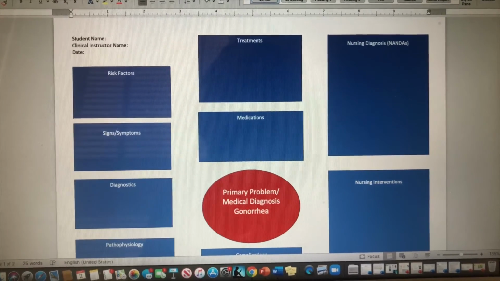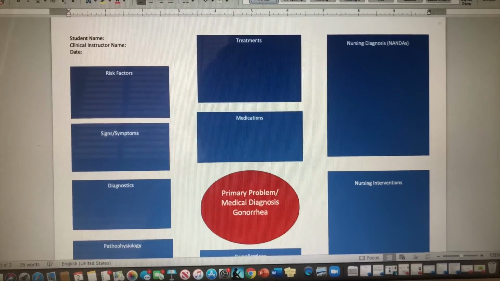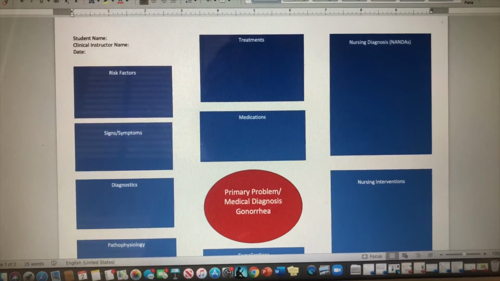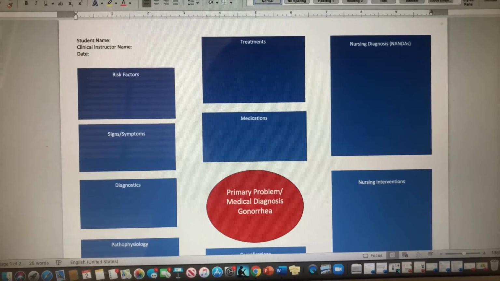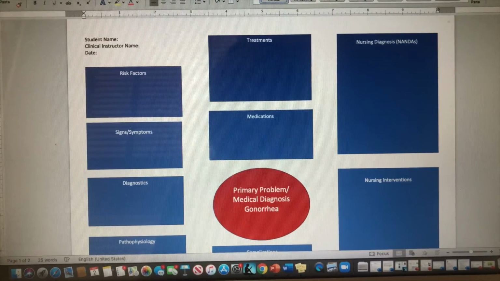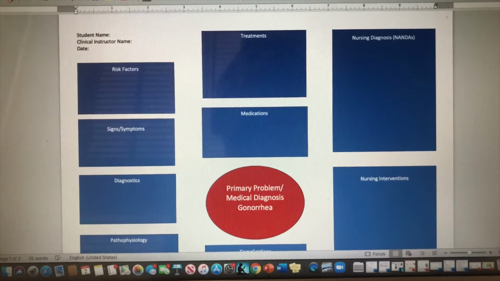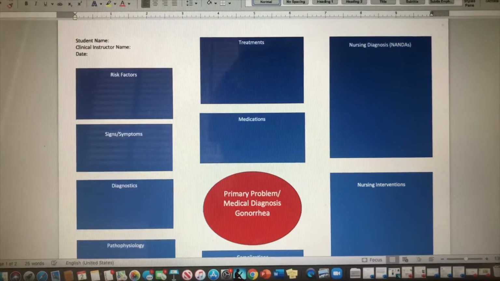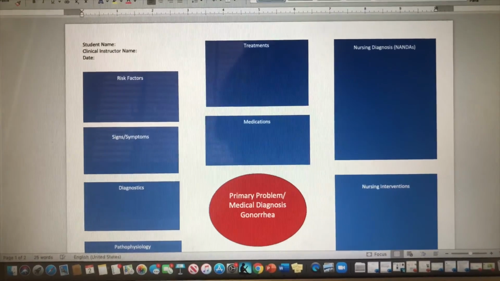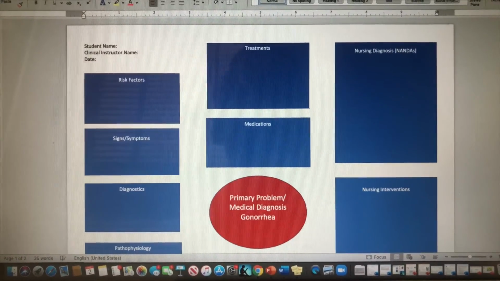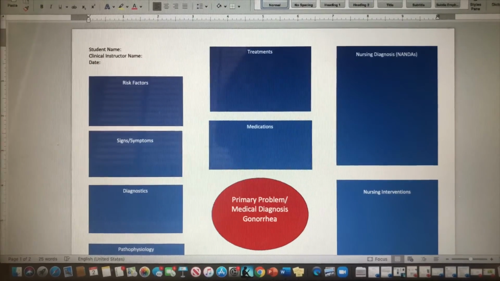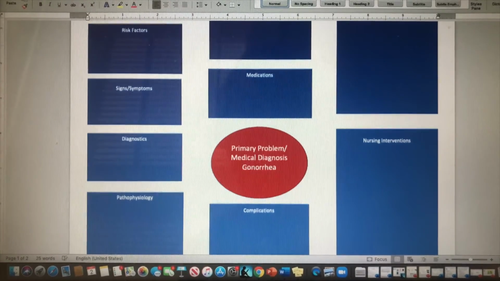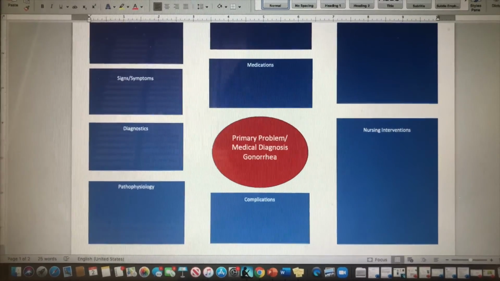So my professor wants me to know the patho, what are some risk factors, the signs and symptoms, what diagnostic tests there are, what the treatment options are, what medications will be used, what the NANDAs are, as well as the nursing interventions. I also have to talk about different complications that could arise if infected with gonorrhea. And complications can also include complications from taking medications, as well as complications just from treatment in general. So I'm going to get started on this,